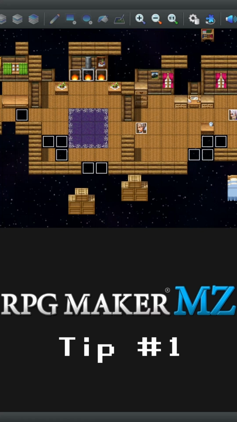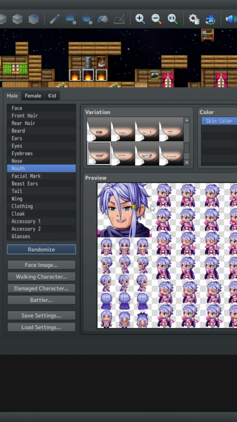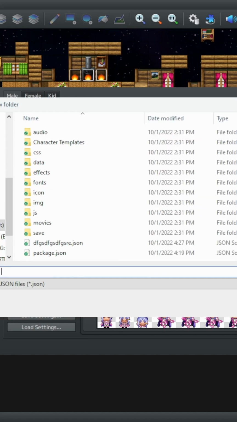RPG Maker tip number 1. When using the built-in character creator, be sure, if you find a character you're going to use for your game multiple times, hit this button. Save your character file as...